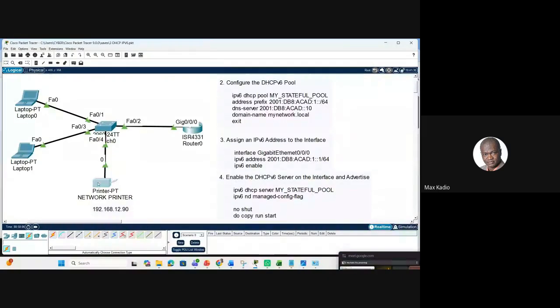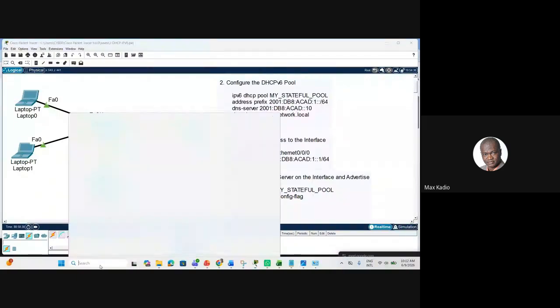This is an example. If you have your PCs, all your PCs are connected to a switch to a router, and the router will allow you to go to the internet. So this is where your printer is, a network printer. You link it with a network cable to join the network. You set up an IP address, and all these PCs will get that IP address if they want to print.